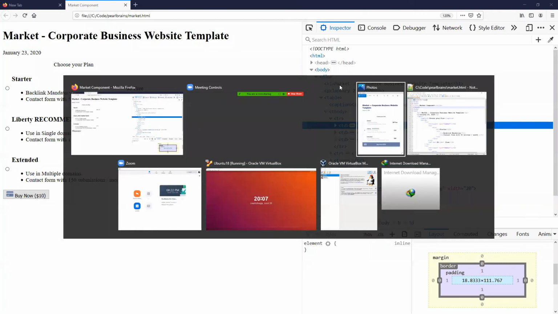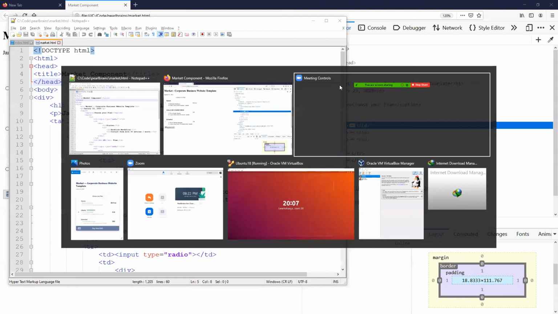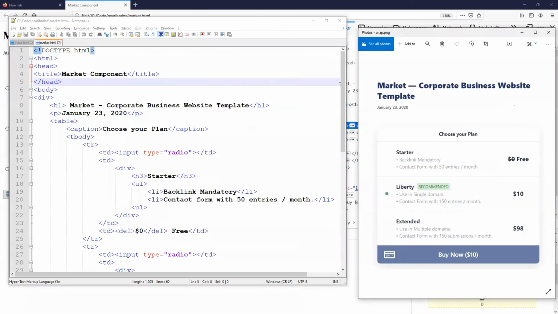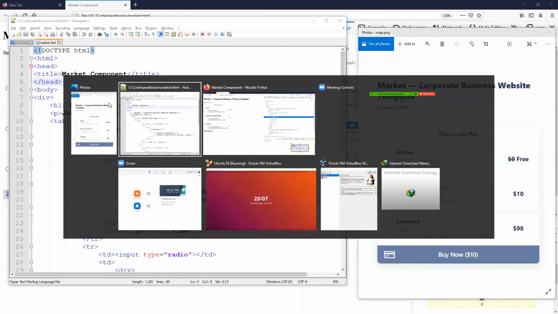So what are we gonna do here? Our CSS skills, the ones we acquired in the previous lesson. So what are we gonna do? To style this market corporate business website to look exactly how it's supposed to look,